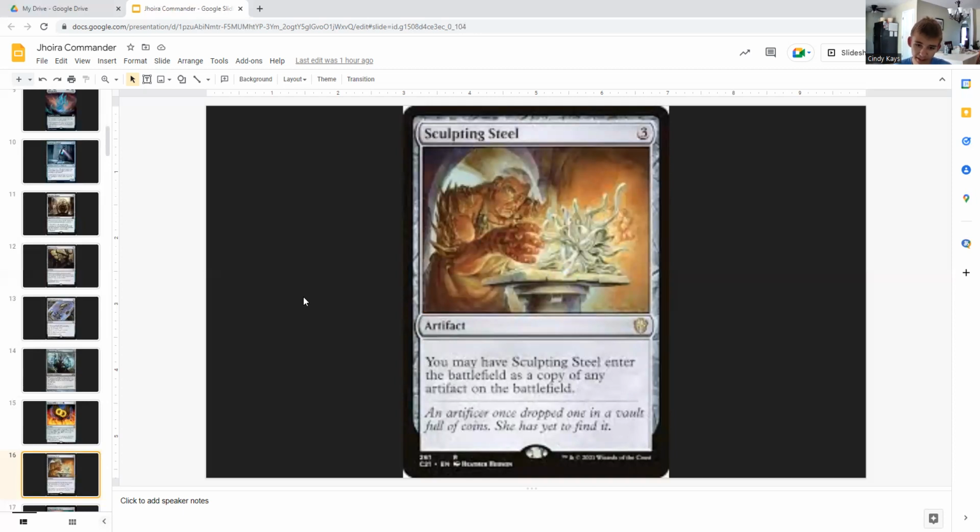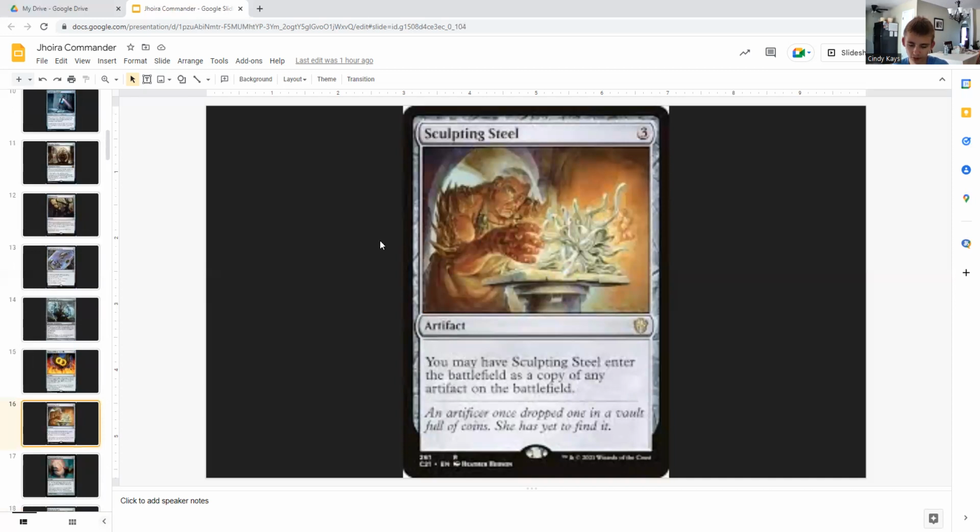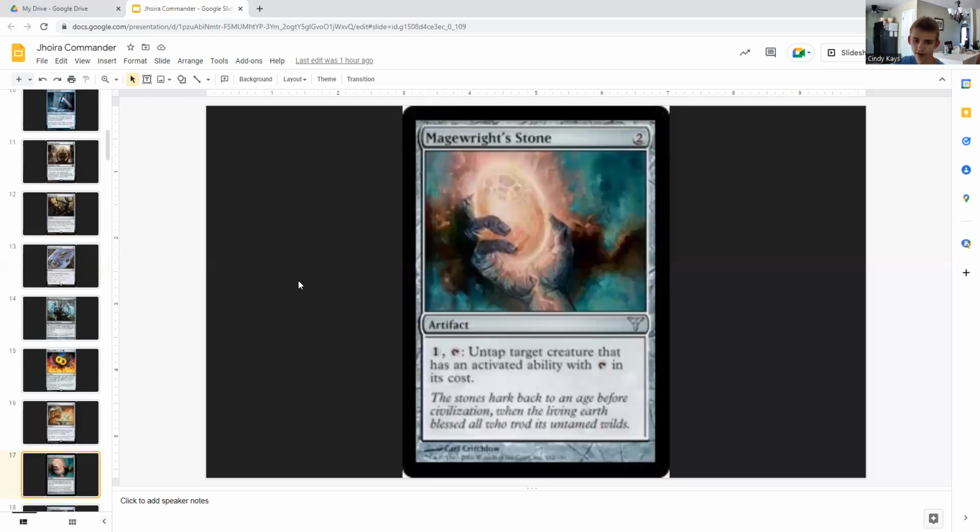Sculpting Steel, we can have this as a copy of Corridor Monitor. So then we can untap Jhoira again on that same turn. We play Corridor Monitor. So then Jhoira would be up to 6 ingenuity counters the next time we activate her. Well, the next time we would use her. So I'm saying you'd be able to use Jhoira 3 times within a turn. Sorry, I just